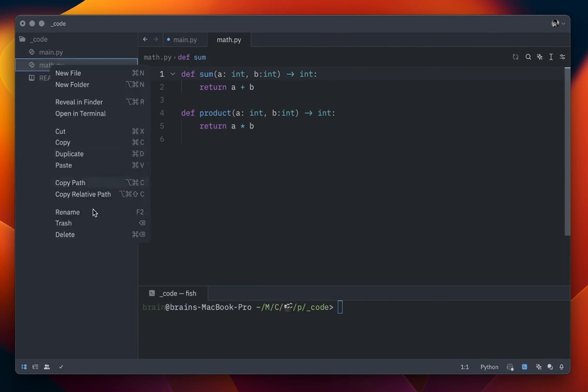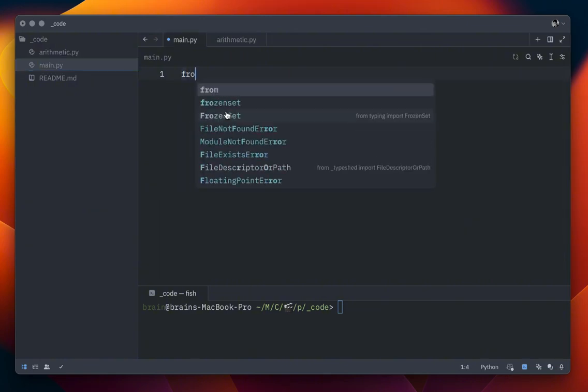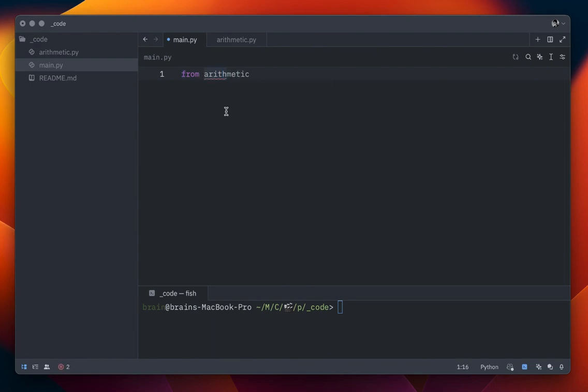We can simply change this so we don't use some names that might be problematic. So let's change this to arithmetic instead. Okay, so we have from arithmetic import sum. So we have multiple functions. We have sum, we have product. You see, you can actually use a comma and you can have multiple functions that you're trying to bring in from that arithmetic module. Okay, so now we can simply say print, let's just call the sum function, and